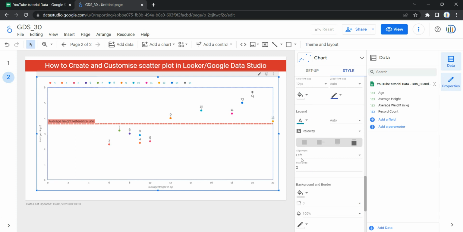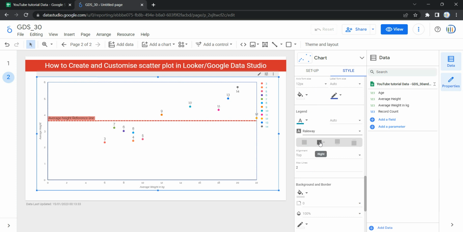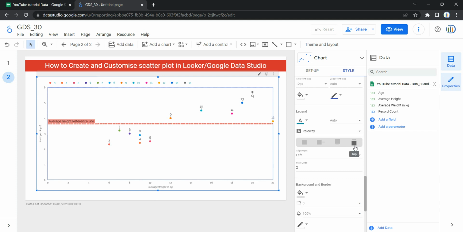Then we have these 4 options. The first option is none. If you select this, then no legend will appear. Then the second option is right. The legend will appear on the right hand side. Then the third option is bottom. The legend will appear on the bottom of your chart. Then the last and the fourth option is top. The legend will appear on the